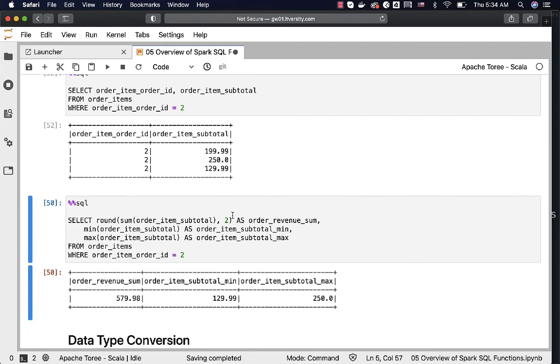So this is how you should be able to use min and max to get the minimum or maximum within a group of numbers. They can also be used on top of non-numeric types such as dates, strings, etc.